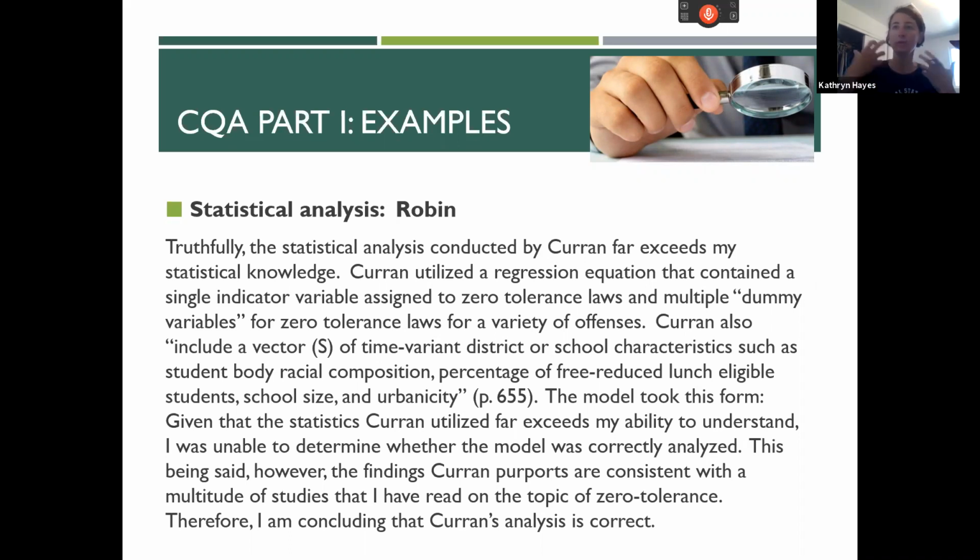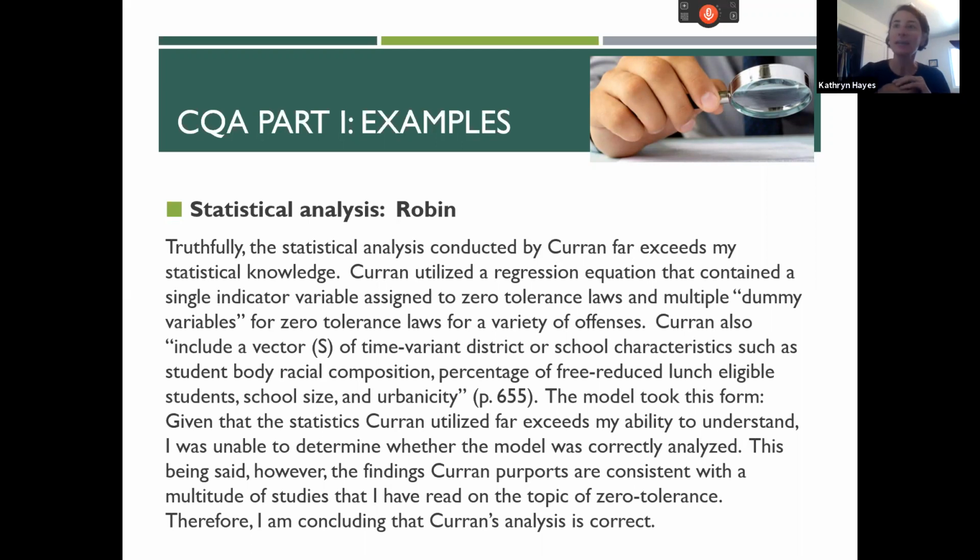And in order to create a hunger for the statistics we're going to do in class, we need to dive into the language that's being used here and try to write it down. It's our first layer of seeing how this is written up so that we can understand what we need to know, right? And then she goes on to describe and actually uses a quote, which is totally fine, because maybe we don't know enough to even unpack what this means: a vector of time variant district or school characteristics, all right? So she says, it's still beyond my ability to understand whether it was correctly analyzed,